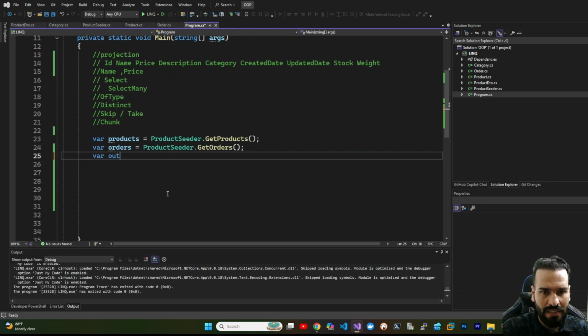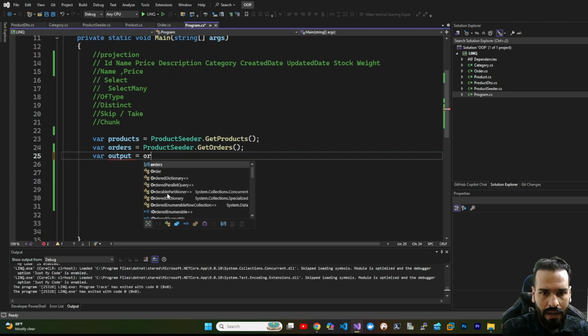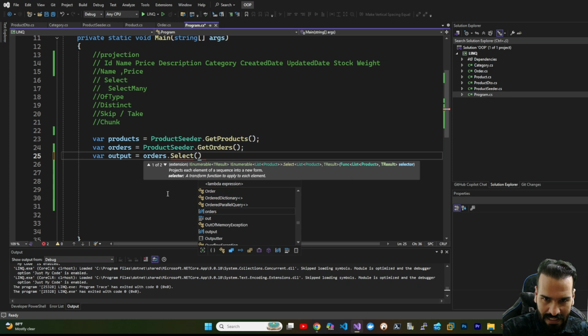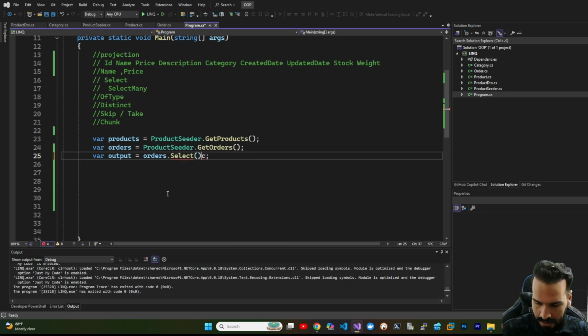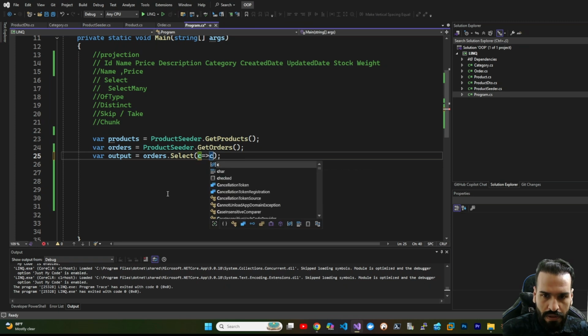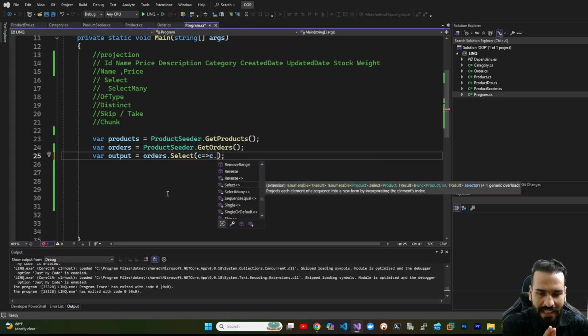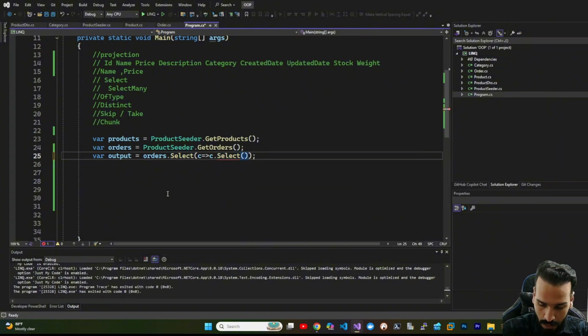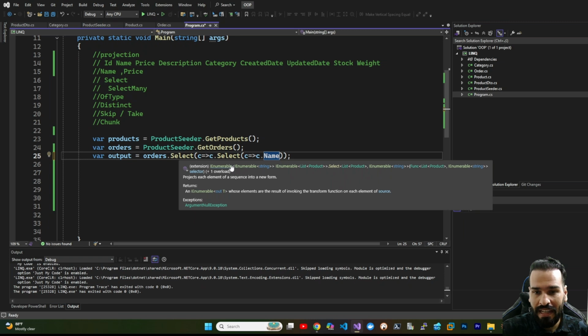If I do something like this, for example, I'm saying output. Now say, hey, orders. If I type select, something like this, now if you press dot, c is one item in each list of orders. Now I have to create another select for that, because we want to access the name of each product, c.name. Now I'm returning, but what am I returning here? Pay attention. Now I'm returning a list of